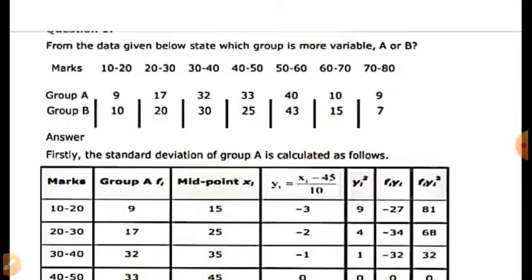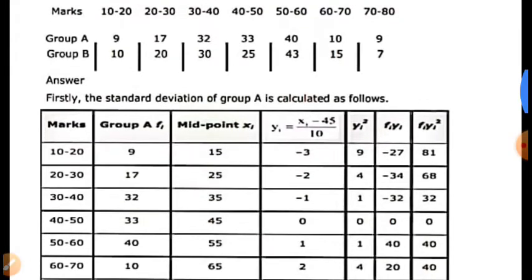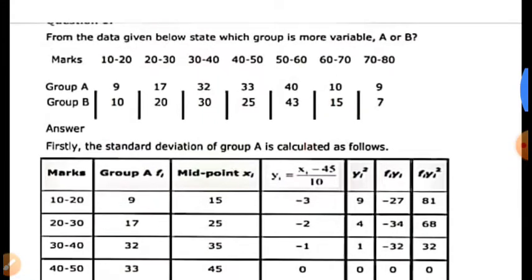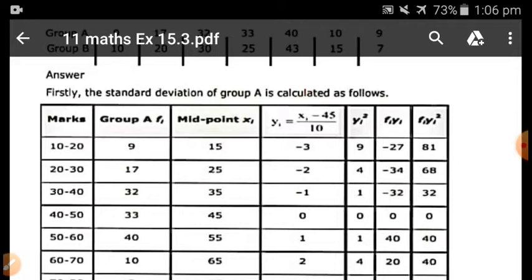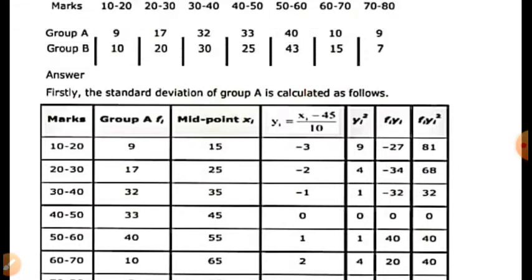Whether you are comparing group A and group B, or section A and section B, you need to find the mean and the standard deviation in both cases. How do you find the mean and standard deviation? You already know that. Let us take the frequency distribution for A, the mid values and their yi values. The shortcut method is used here to find the variance.